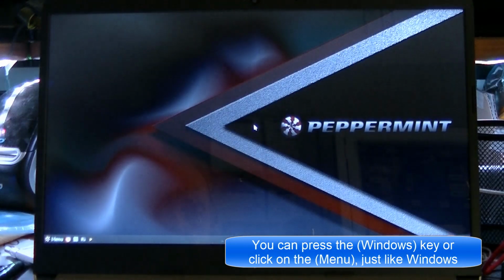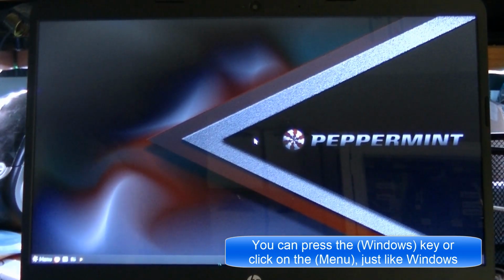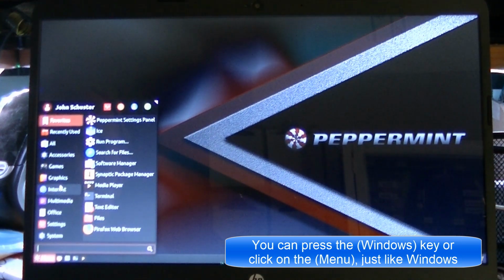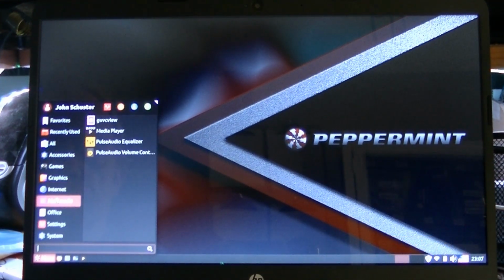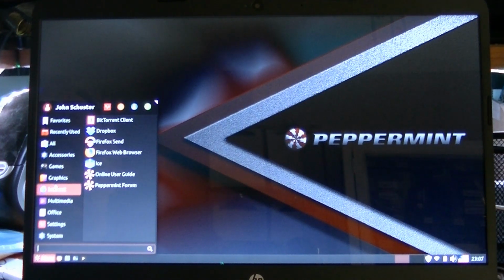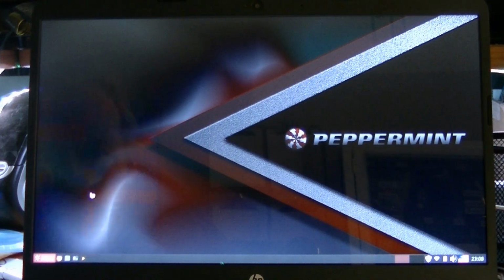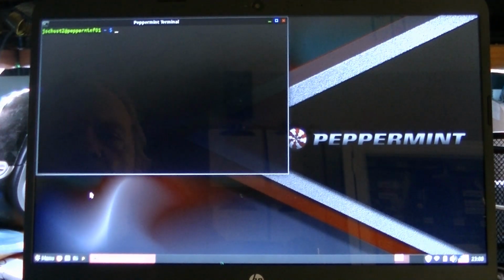Now to get started, it's a good idea to just look at the menu in the lower corner and go through some of the various menu items that are available to you by cruising up and down. One of the first things I do on any new Linux install is to open up the terminal and do an update of the distribution. It's done by typing in